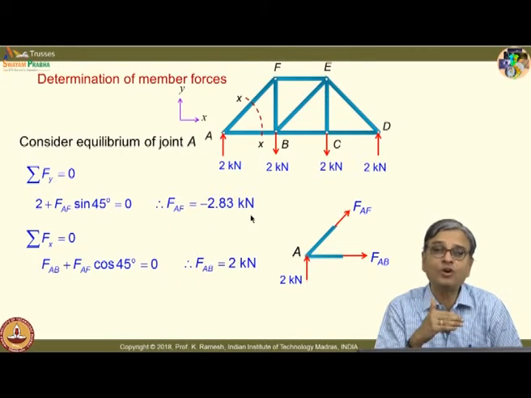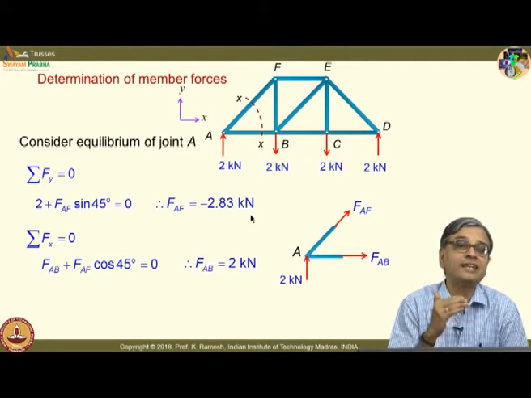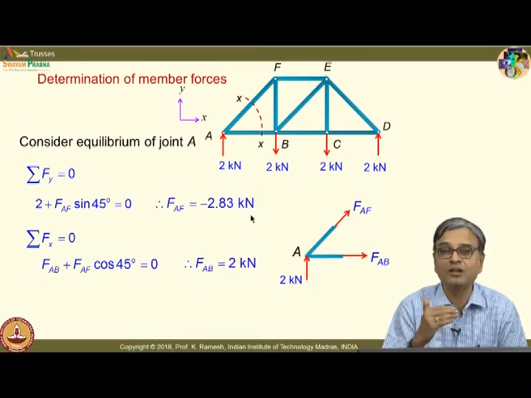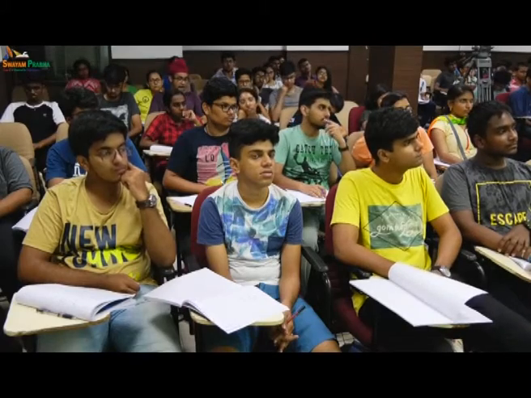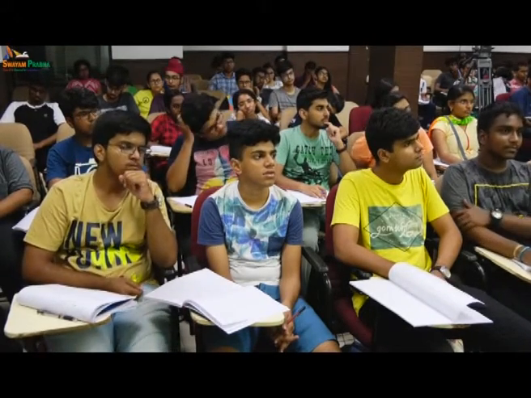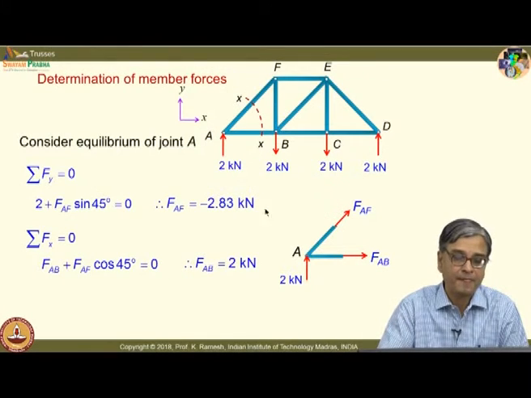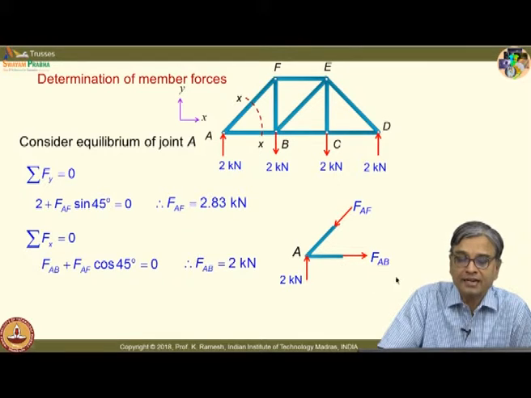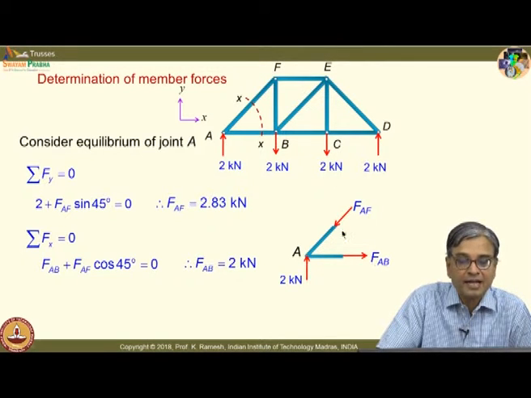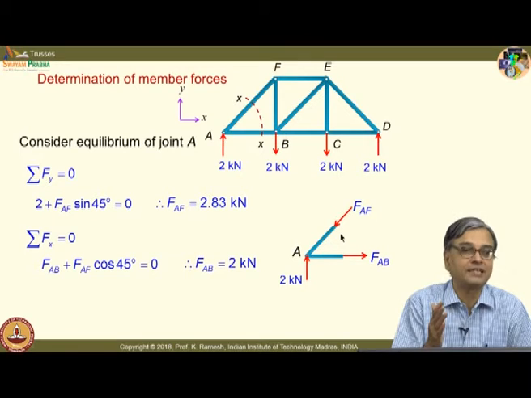Ultimately, what we want is, we want to find out whether the member is in tension or compression. So, we have to learn how to interpret these results as tension or compression on the members. That requires some training and imagination, fine. And let me first put the correct direction of force FAF. See, if I see this as a member that is cut, then it is easy to comprehend that when I have force acting away from the member, this could create a tension, and when I have the force interaction like this, this could create a compression. It is very clear and simple,